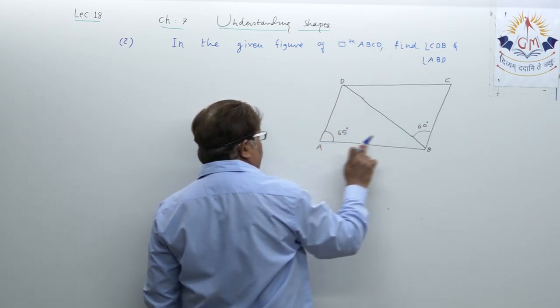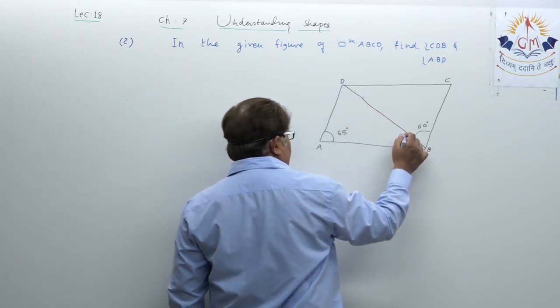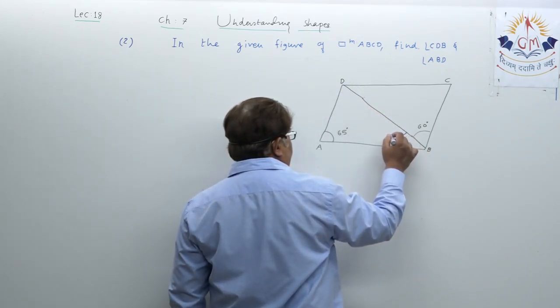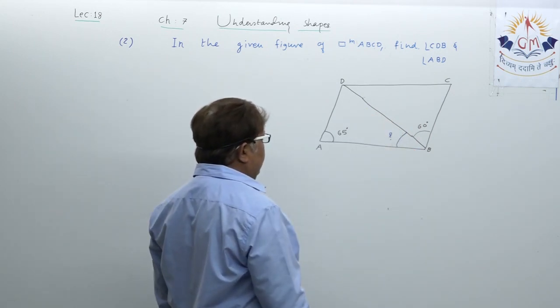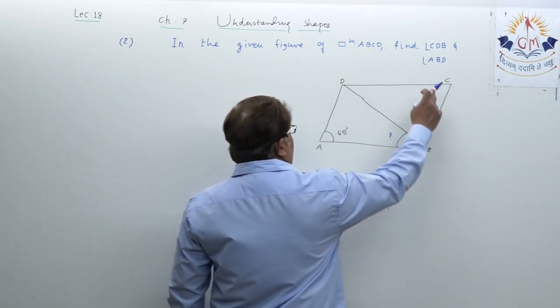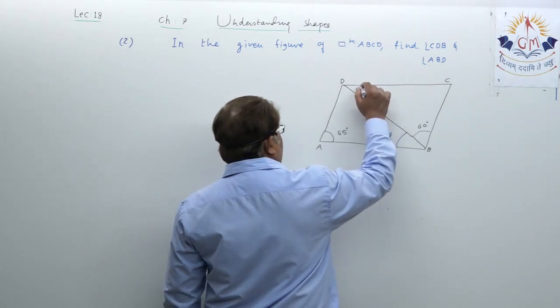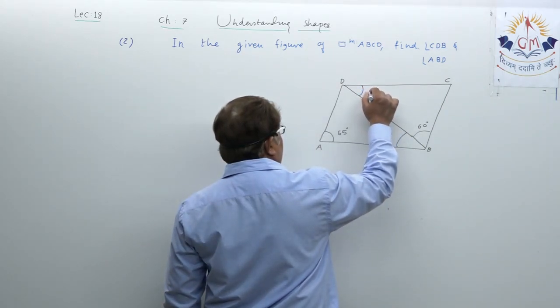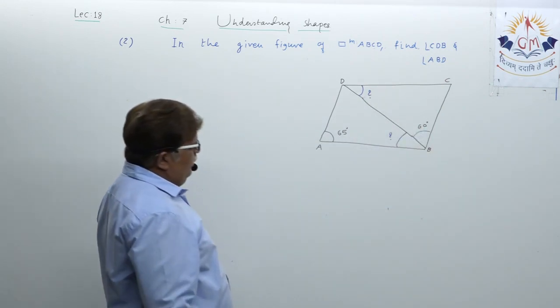Angle ABD. So I will place a question mark here. This is our target, as well as angle CDB. This is also our target. Okay. Two angles